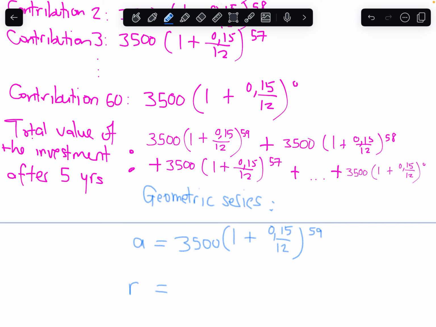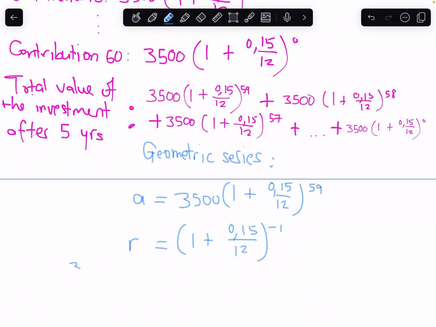And the r. What you see is each time this guy has an exponent 1 less. So our r is (1 plus 0.15 over 12) to the negative 1, right? So each time we're multiplying by this, which decreases the exponent by 1. Or if you really want to look at it formulaically,